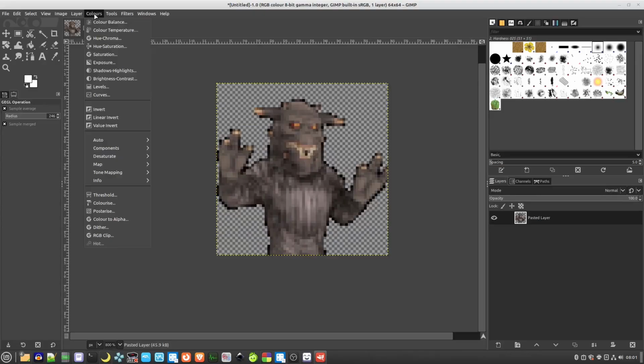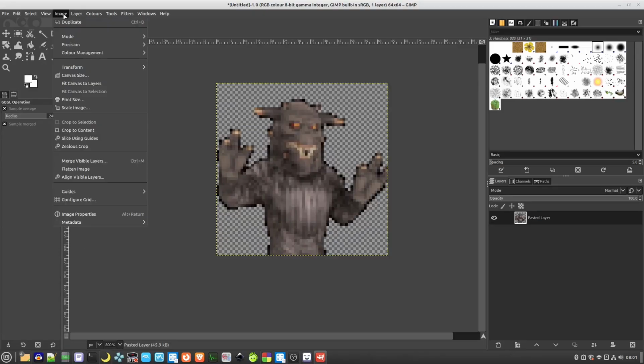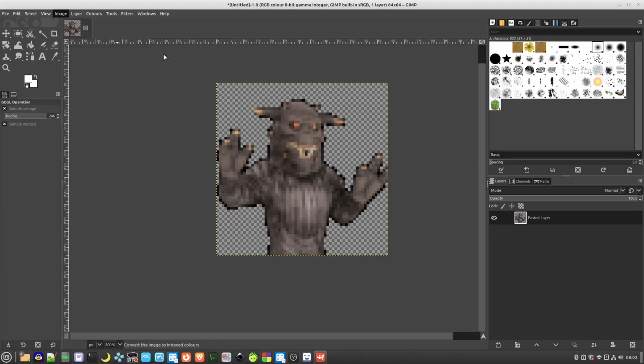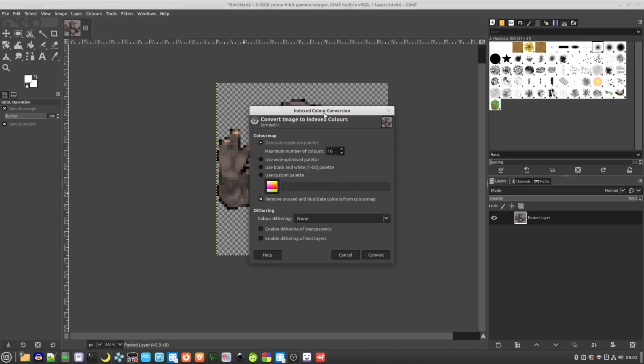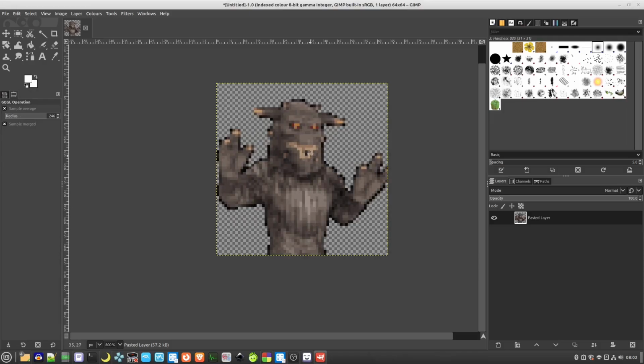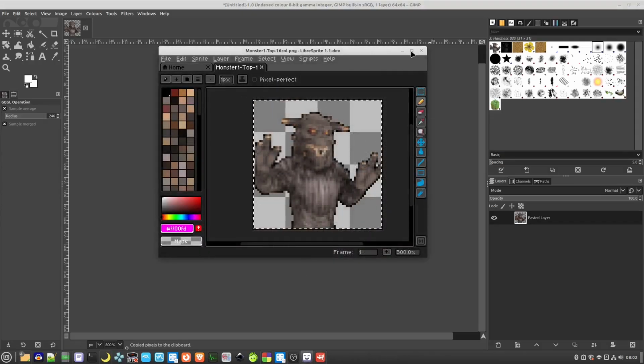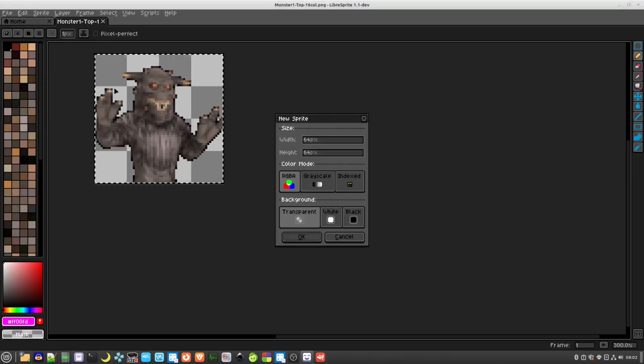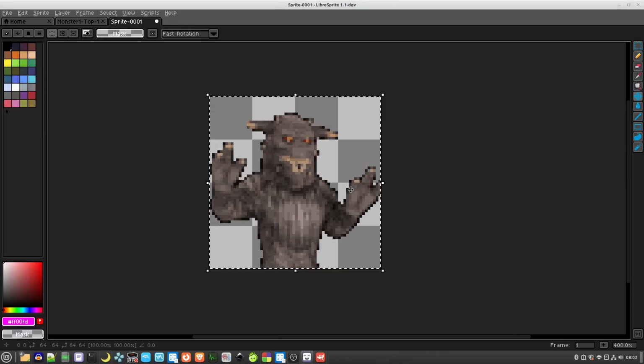And then if you go to colors, then image mode precision, go down to index, then select 16 colors and convert, and now that's converted to 16 colors. Now you can copy that back into LibreSprite, put it in a new frame,